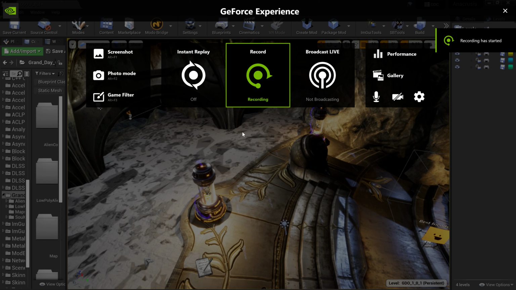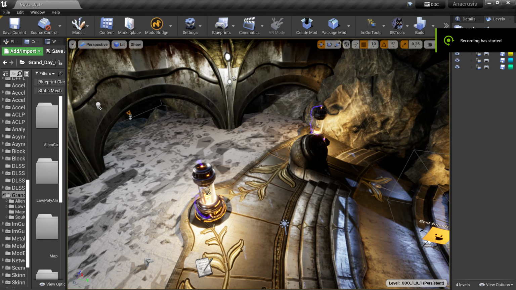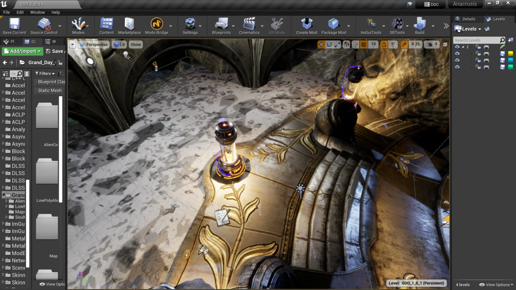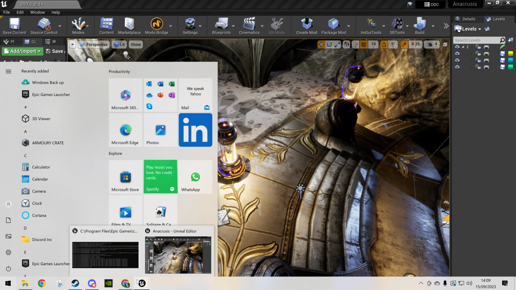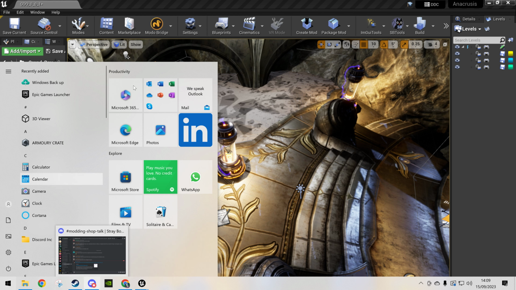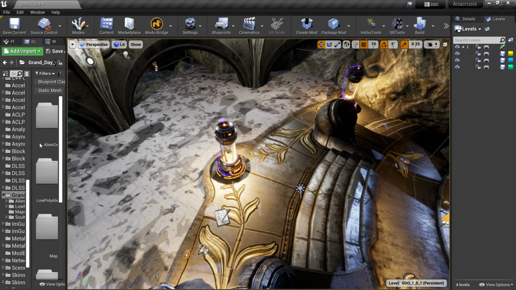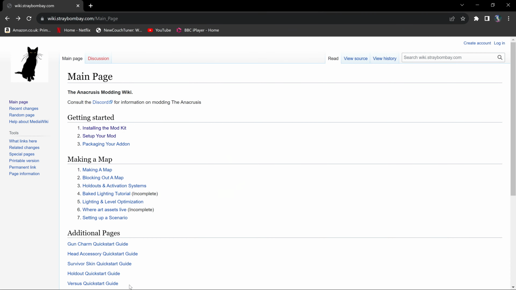In this video I want to cover what's involved in setting up a regular map for this game. So first of all, to get things up and running, obviously you need to install the editor, and once that's done you need to create a mod. Now everything you need to know is going to be in this wiki, which you'll be given